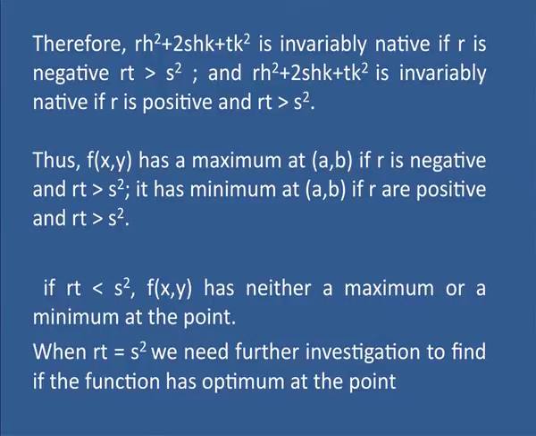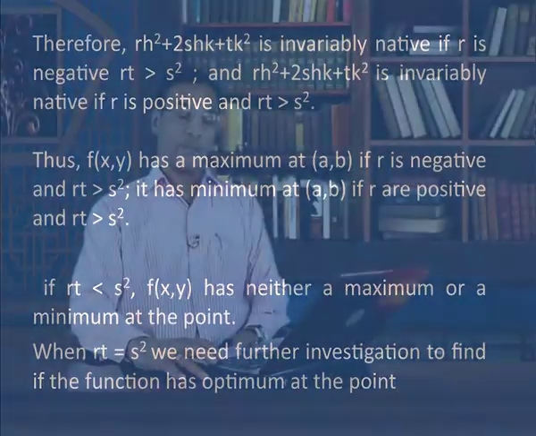If r t is less than s square, f x y has neither a maxima nor a minima at the point. When r t is equal to s square, we need further investigation to find if the function has an optimum point at the point A B. For example,